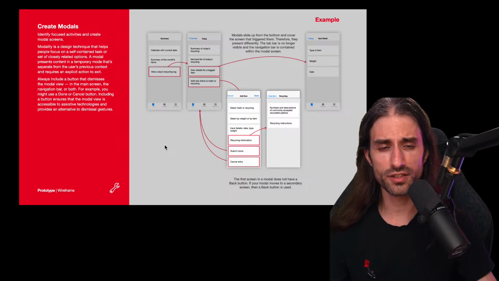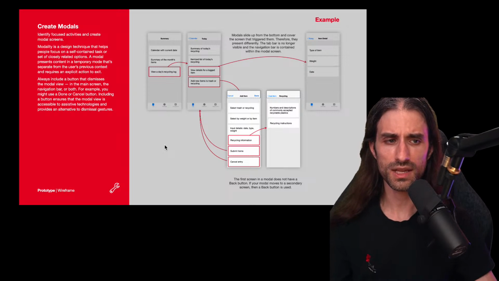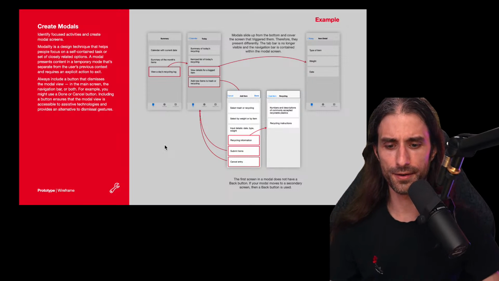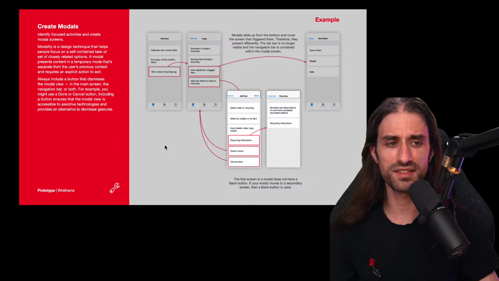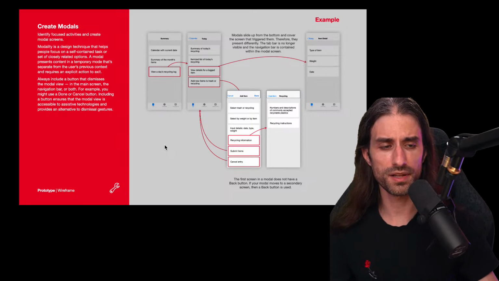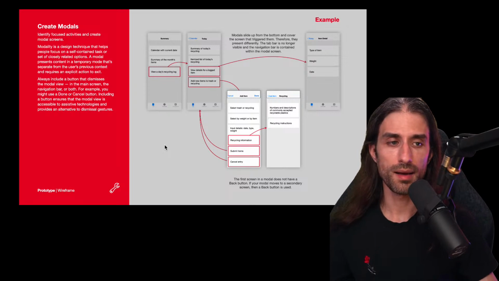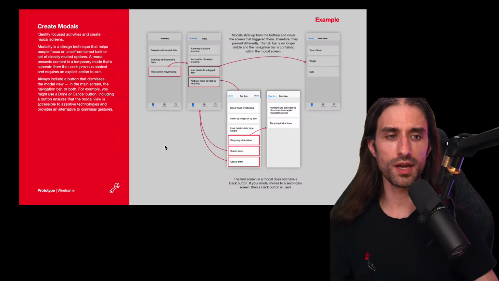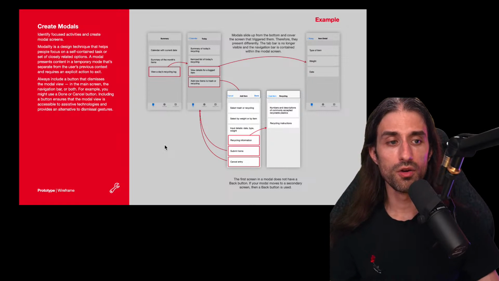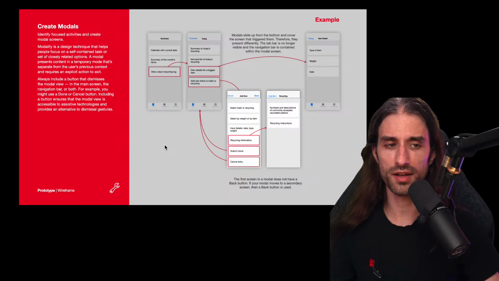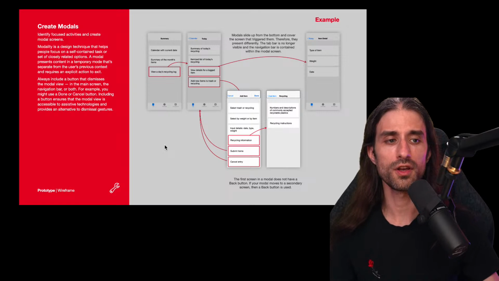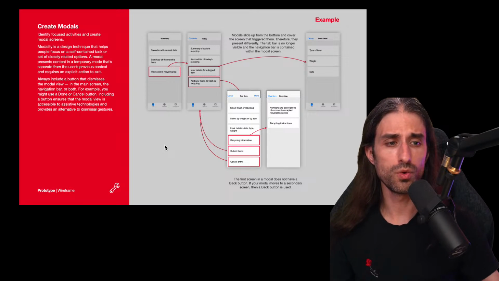So it's not just about creating items, but it can also be about presenting data that's completely independent from where you are currently in the app. For instance, I'm taking again the example of the App Store, but you can open your profile from several places in the App Store, and so it makes sense to use a modal because presenting the profile is not related to where you were already in the App Store.